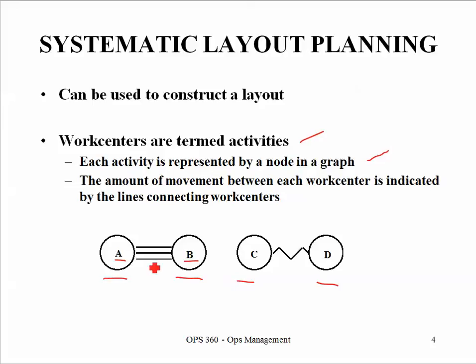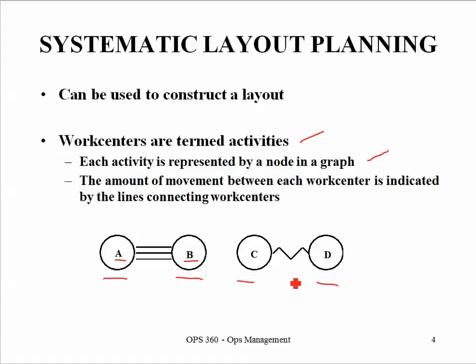So, for example, 3 lines between work center A and work center B generally means that there's a pretty strong relationship between those two activities, and I want to put them fairly close together. On the other hand, a jagged line like I have here between activity C and activity D means I really don't want to have those together. Maybe C is painting and D is grinding,